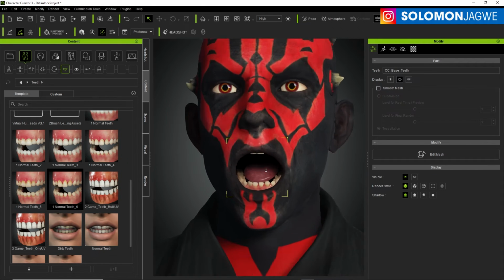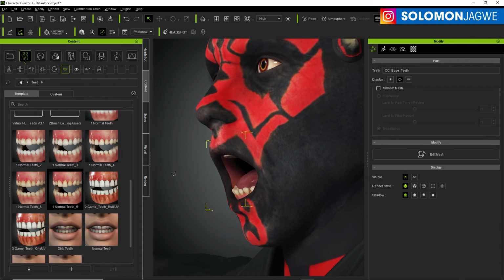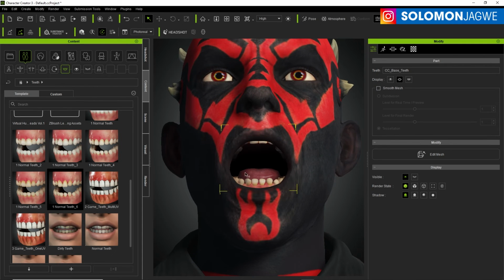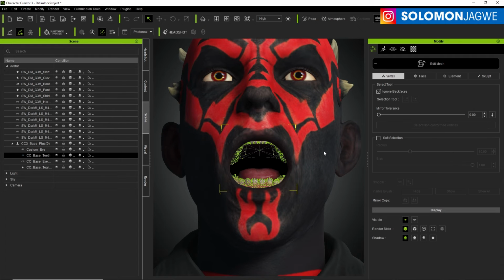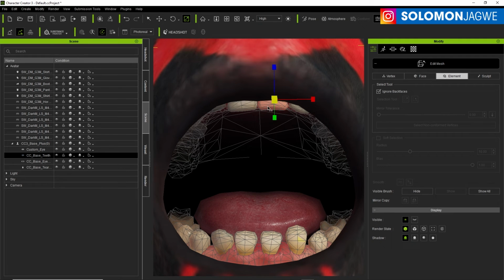You can even adjust the texture. I'm not going to go too deep into that, but if you go to the scene and have the teeth selected, you can edit the mesh, right? And you can do it by element. So if I wanted to move one of these, for example, I can move it up a little bit, or even scale it a little bit more. And we can go to the top teeth over here,